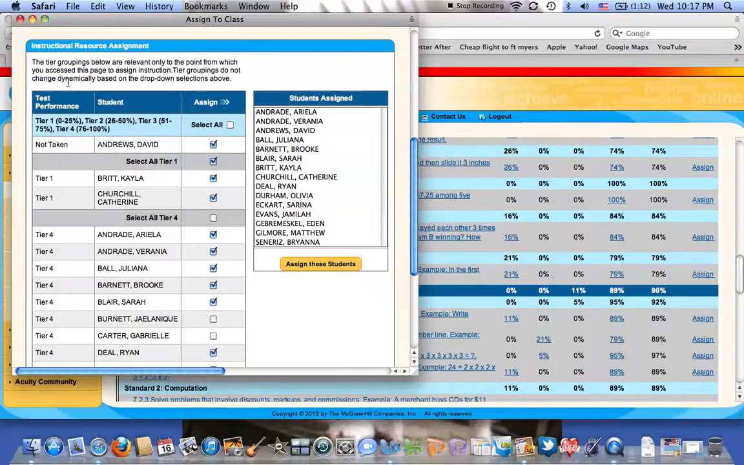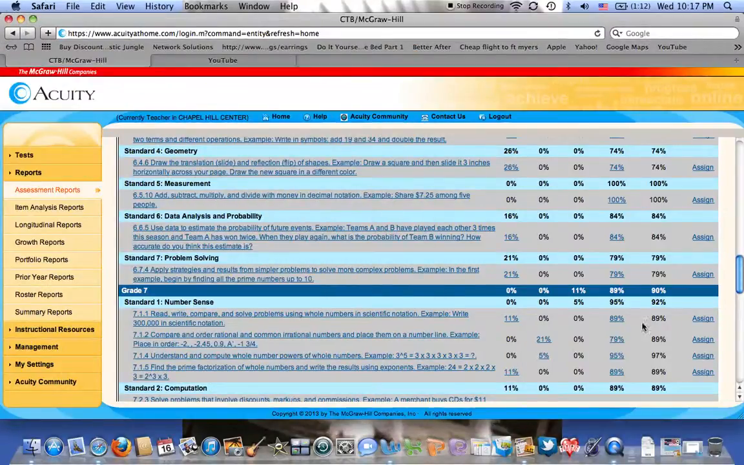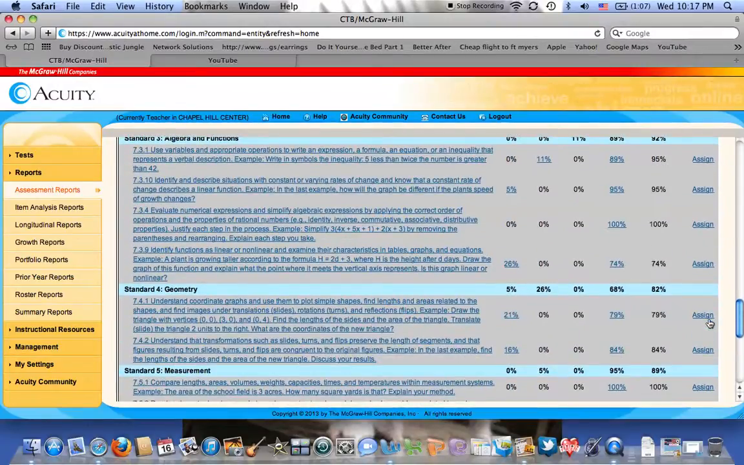When they log into Acuity, they see the options of take a test, study, or reports. They click on study, and that's how they get to their instructional resources. So once you click on assign, then it will get rid of that box for you. So you can go down and assign by standard, any standard that you want, if you want to do all of them, if you want to only assign it to the ones that fall in the lower tiers, that or